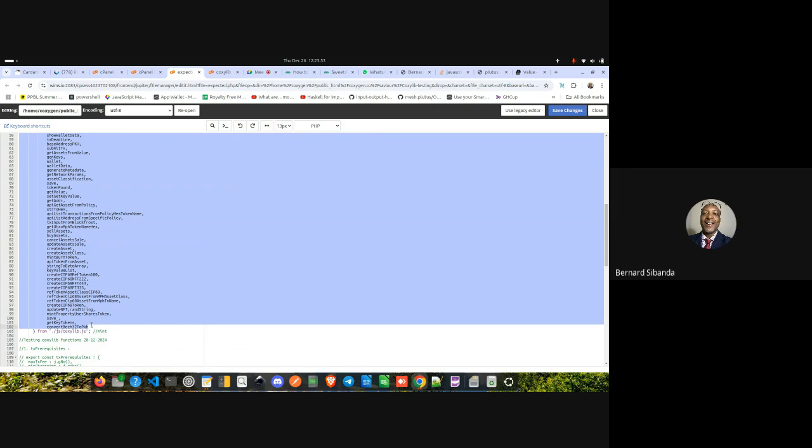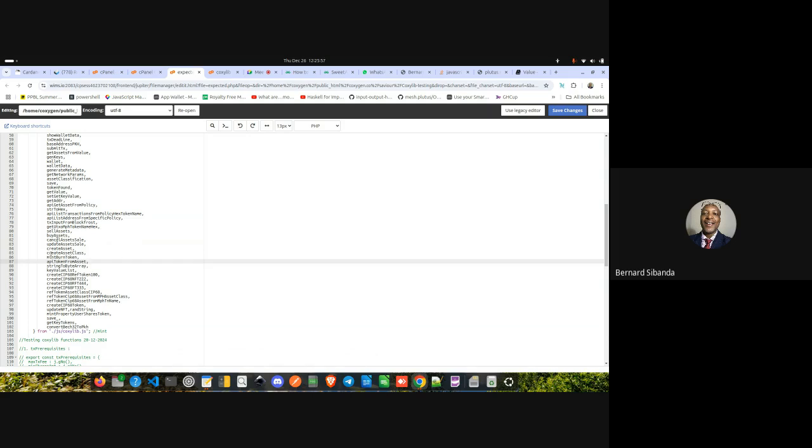If you can test all these ones, you are calling these functions. Some of them are for minting, some are for updating. You call it, give it the right arguments, and see whether it's running or not.